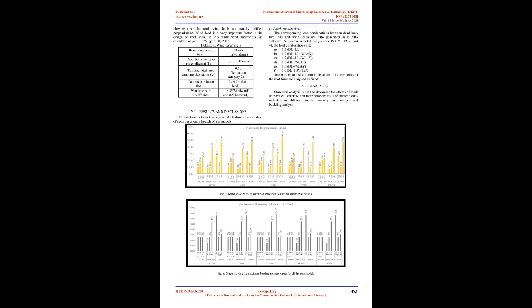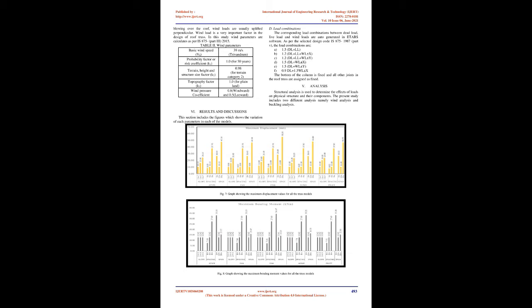6. Results and discussions. This section includes the figures which show the variation of each parameter in each of the models. D. Load combinations. The corresponding load combinations between dead load, live load, and wind loads are auto-generated in ETABS software, as per the selected design code IS